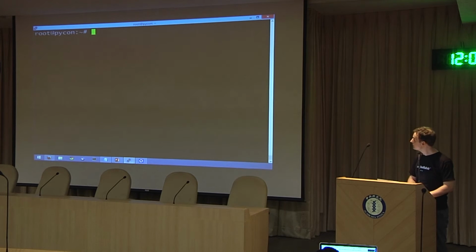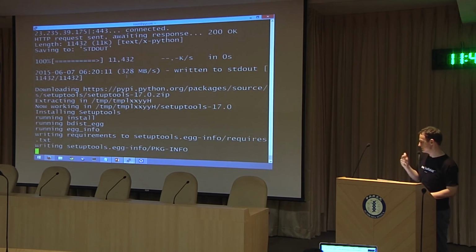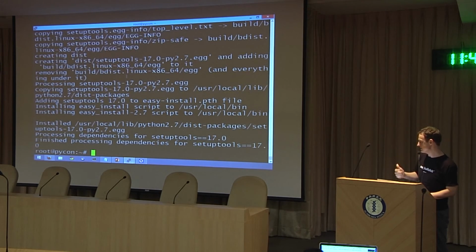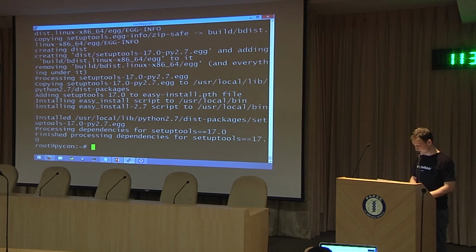What I do here is install easy_install, which you maybe know is a setup tool. The command I ran was just this. I just run the easy setup. You know the pip command is the same kind of thing. So once I've done that, I can